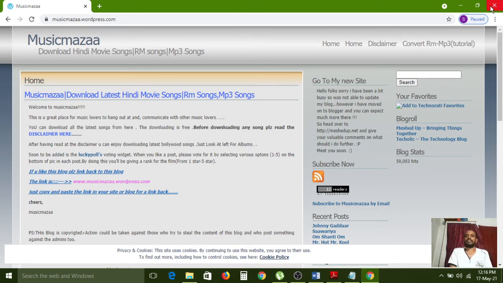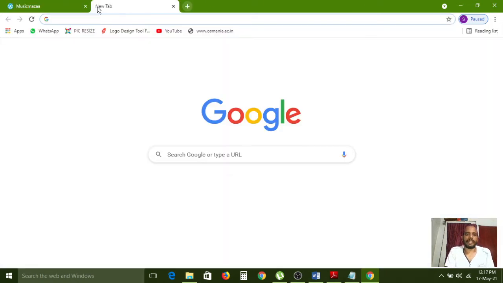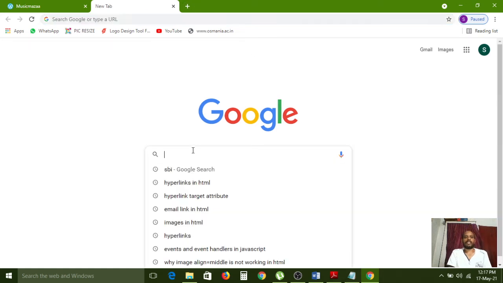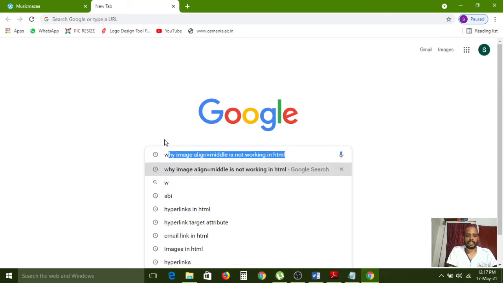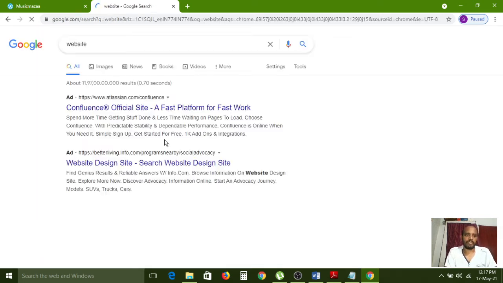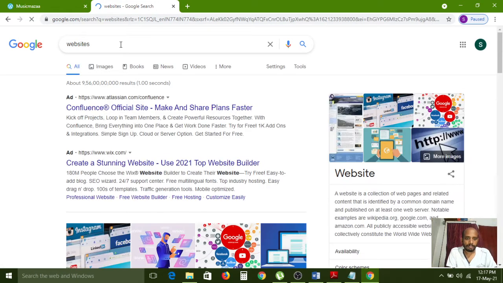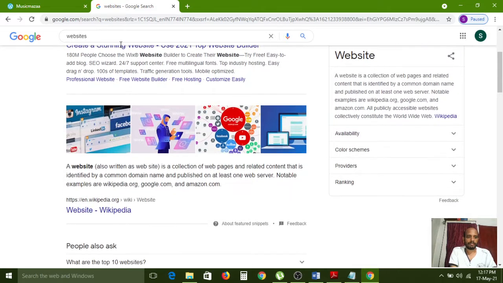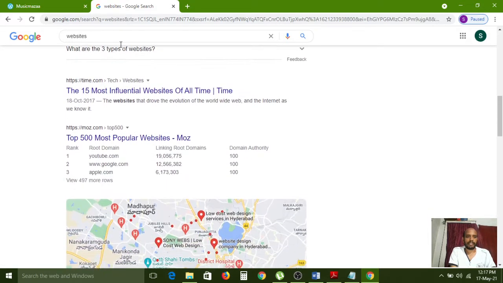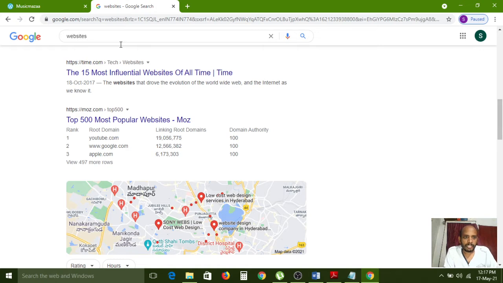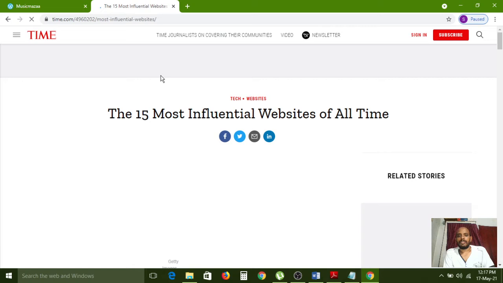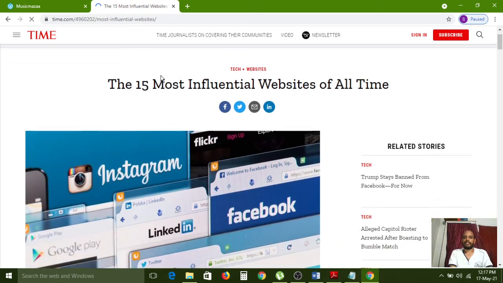Now I am closing this one. These are the website examples. And if you want to see one more website, I can explain right now. What website do we have to see? Usman University is also plain color. Okay, for websites we have to type in the Google page. Wikipedia has applied plain color. I think time.com, here is one website, time.com. Let us see what background color they have applied. Full plain color. Actually it is a template website.